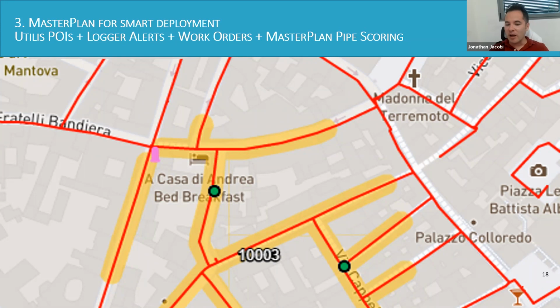But we're also getting other indications here. We're saying, okay, Utilis symbolizes these segments as high deficiency. They also show that there is actively some kind of leak here. That's the POI, the yellow highlight.